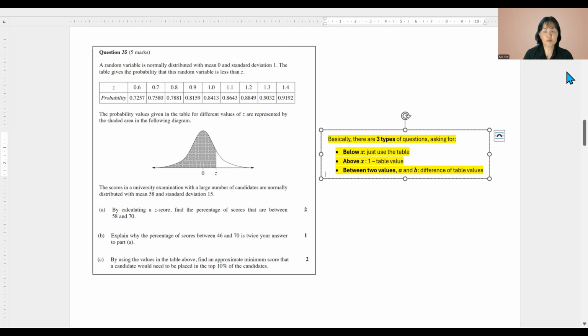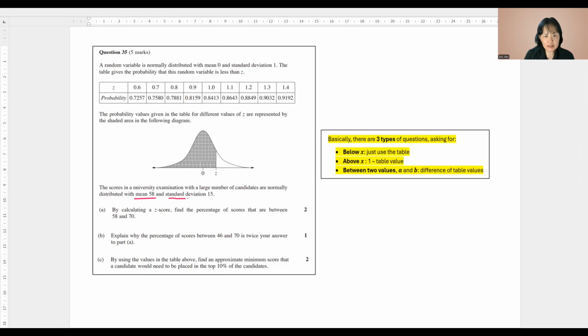Question 35, this is from 2024. A random variable is normally distributed with mean 0 and standard deviation 1. The table gives the probability that this random variable is less than z. The probability values given in the table for different values of z are represented by the shaded area in the following diagram. The scores in a university examination with a large number of candidates are normally distributed with mean 58